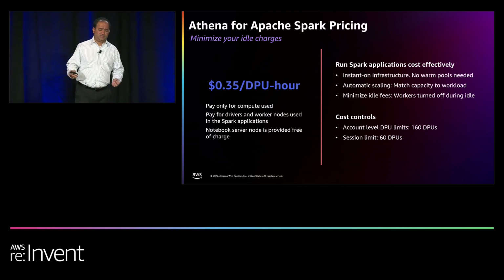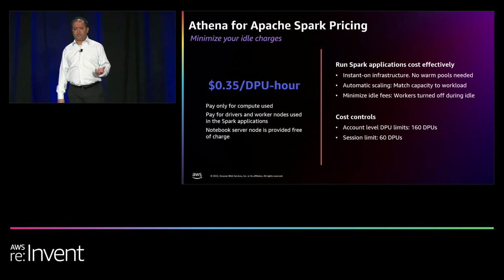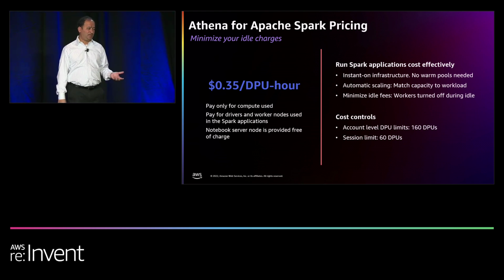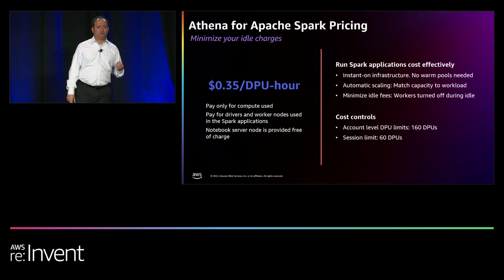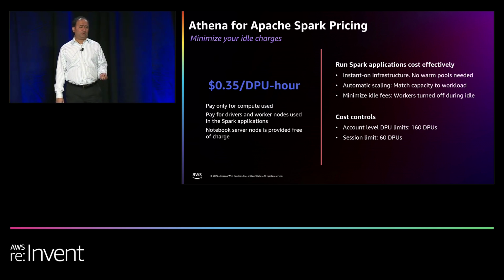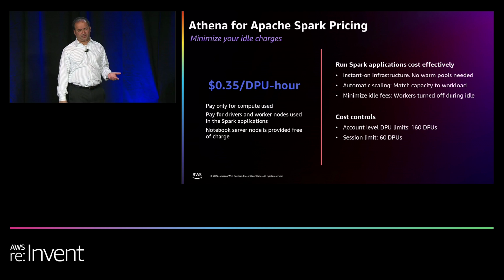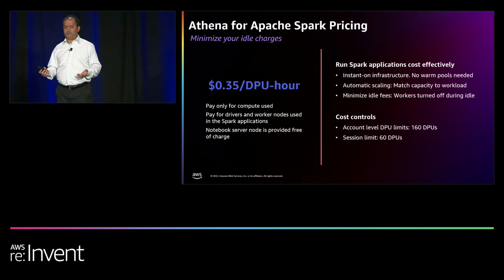So, when you start a Spark session, you typically have 2 nodes. You have a notebook node that actually provides a user interface for you to enter applications, and you have a driver node that coordinates the Spark applications. When you start running calculations, Spark provisions additional nodes called worker nodes that actually run the tasks of the application. On our side, we charge you for the driver nodes and the worker nodes, and we charge you exactly for the duration that they actually ran. We do not charge you for the notebook nodes. We give you the notebook node as a way for you to enter and execute applications, and this is provided to you free of charge.